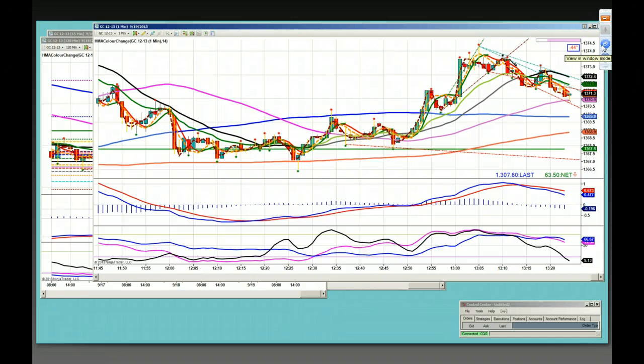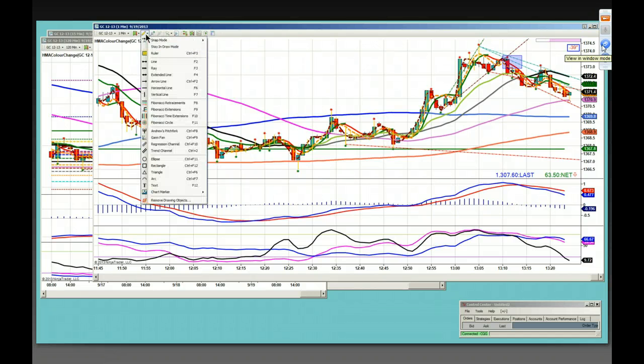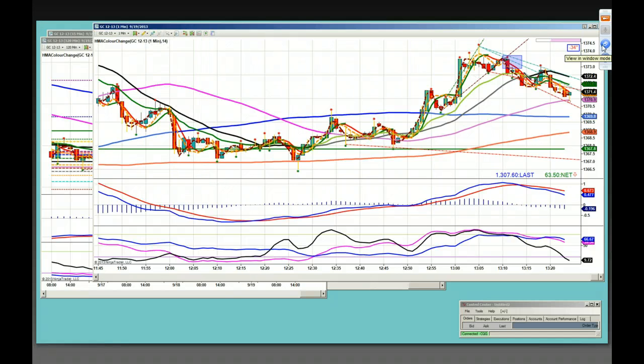You could have started on the fractal cross. You could have started on the 13 and 20 cross. They're all going to give you a little bit of risk. Every strategy is going to give you a little bit of risk, but you're trading the overall direction to go short